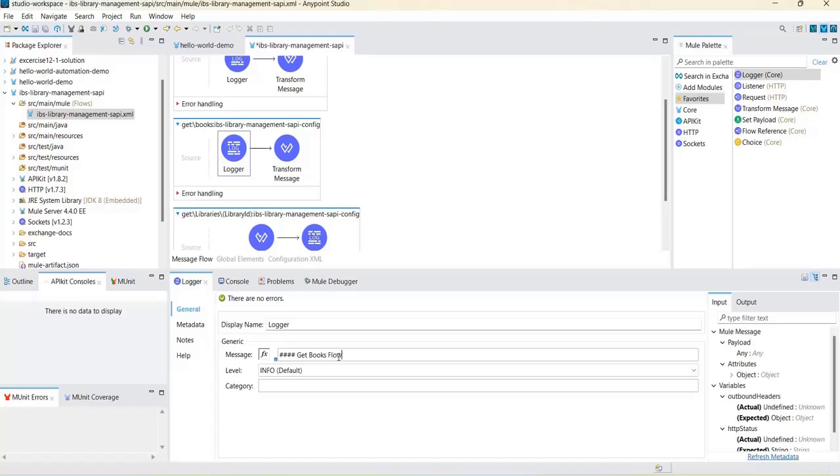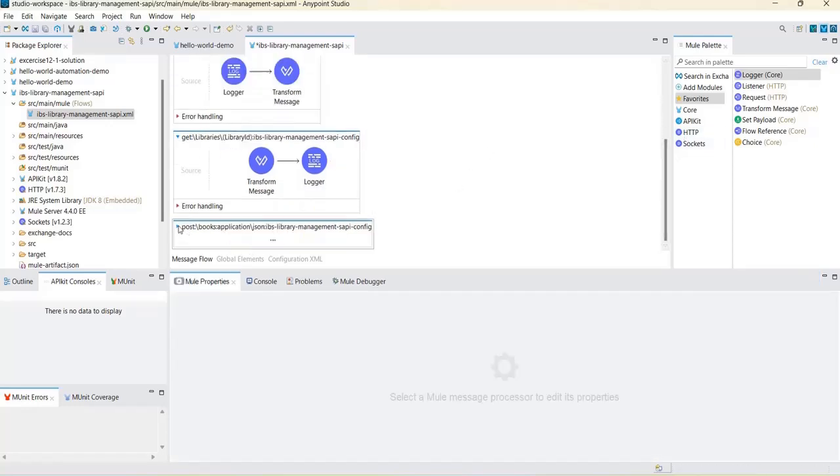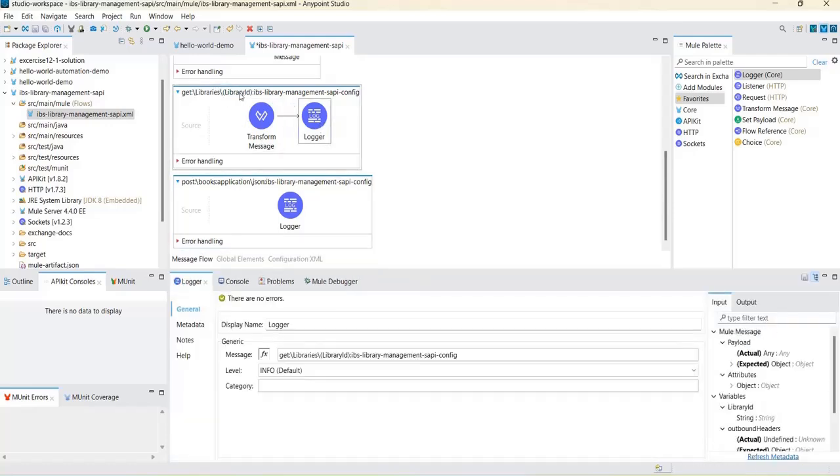Get books flow. Just like that, for the other two resources also we can add one data view, one logger. This is get libraries by library ID. Libraries based on